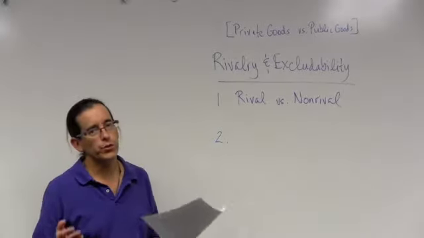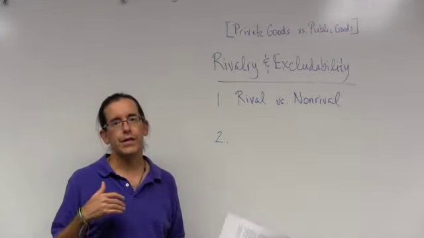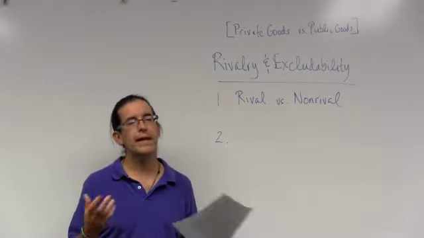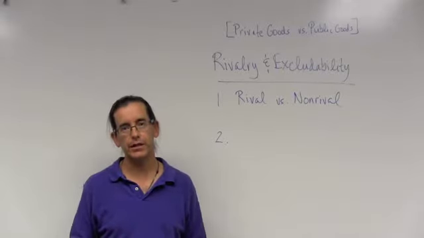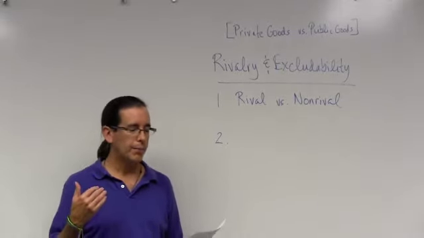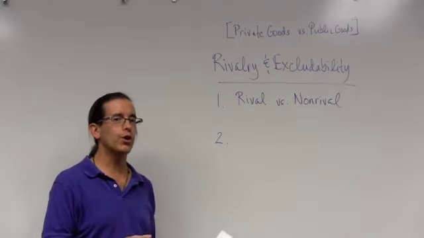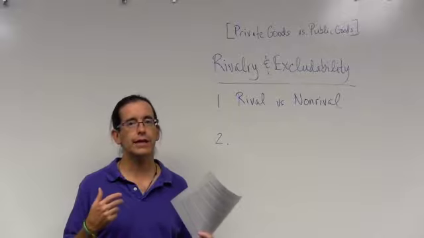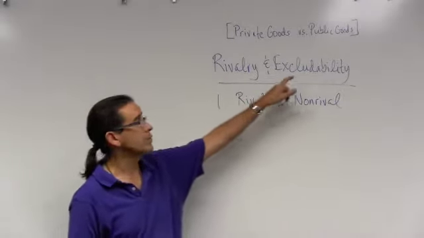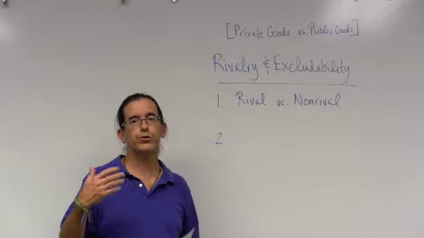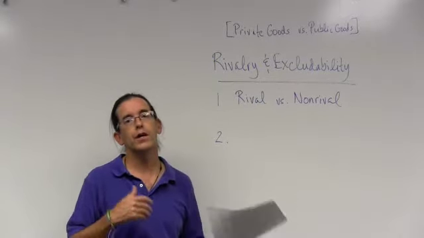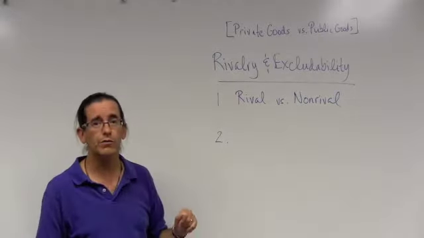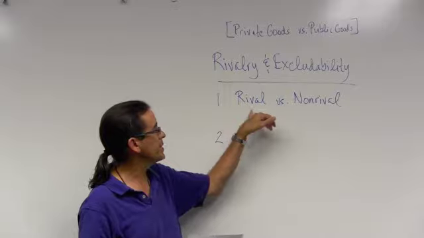So in the next few videos, we're going to start looking at these ideas of private goods versus public goods. This will be important to many aspects of policy, especially agricultural policy. But in order to explore the idea of private goods versus public goods, we have to understand the characteristics of rivalry and excludability. It's through these characteristics that we can distinguish private goods and public goods. So in this first video, we're going to focus on the idea of rivalry, in particular describe the difference between